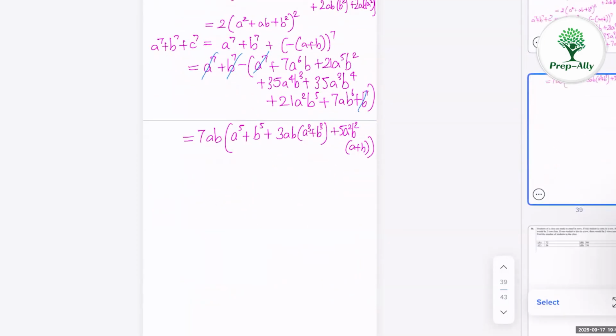Now if you notice, we can also take a plus b common, right? So we have this equal to 7ab